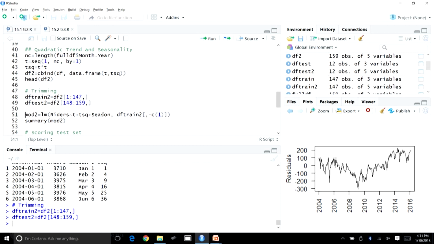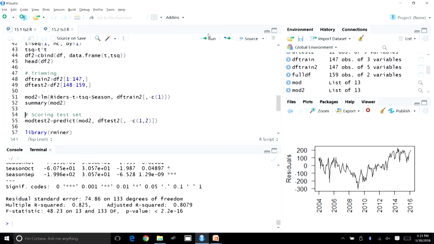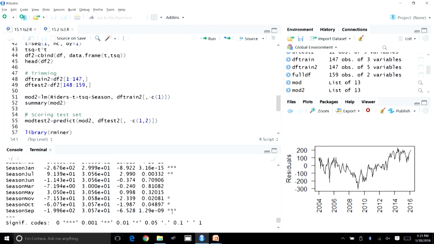Now, we will build this model. Let us look at the results. We can see here September is now significant, and October and November are also significant. This is happening because of the presence of the two predictors t and t square.